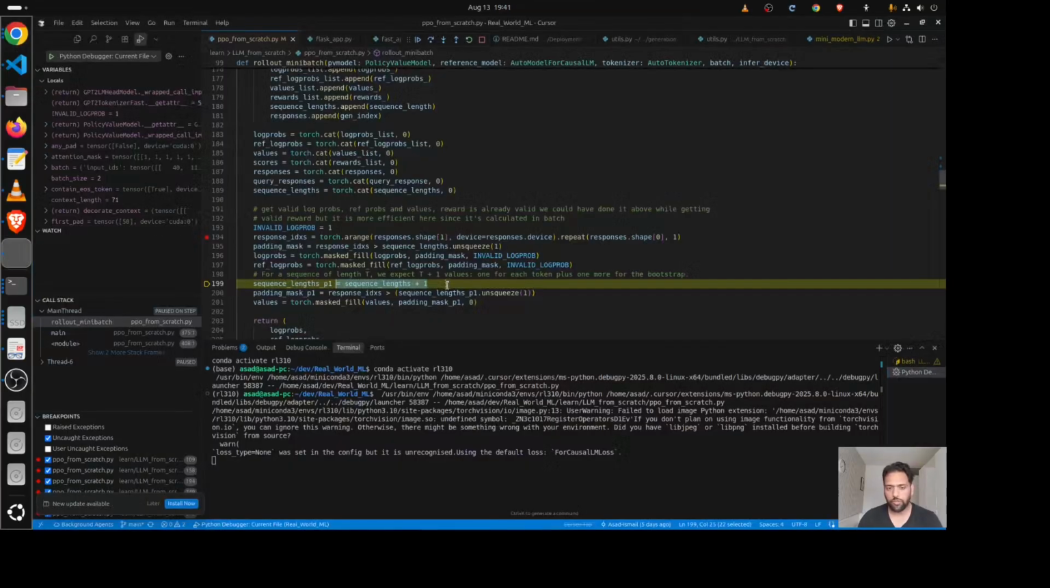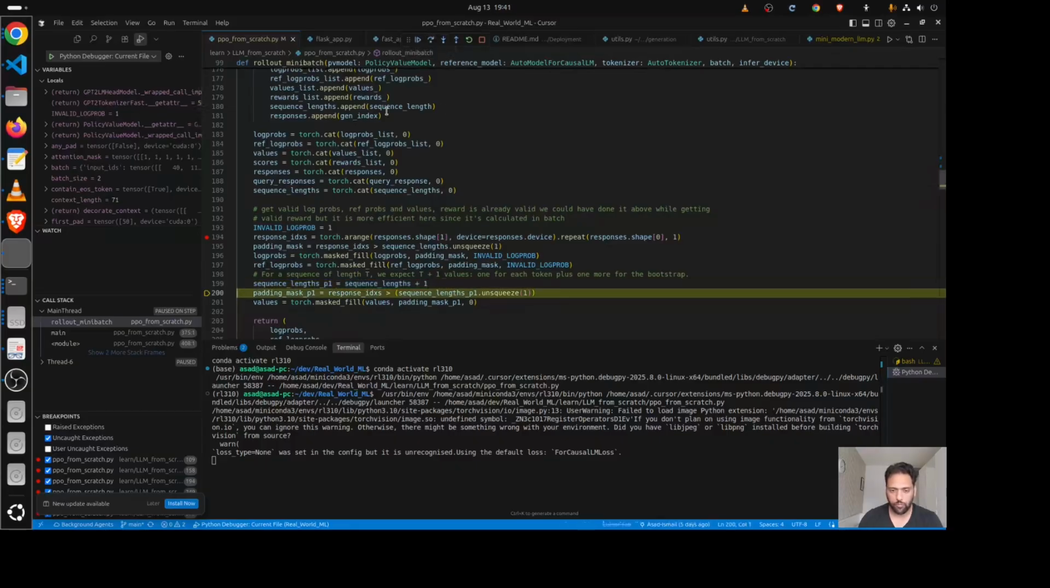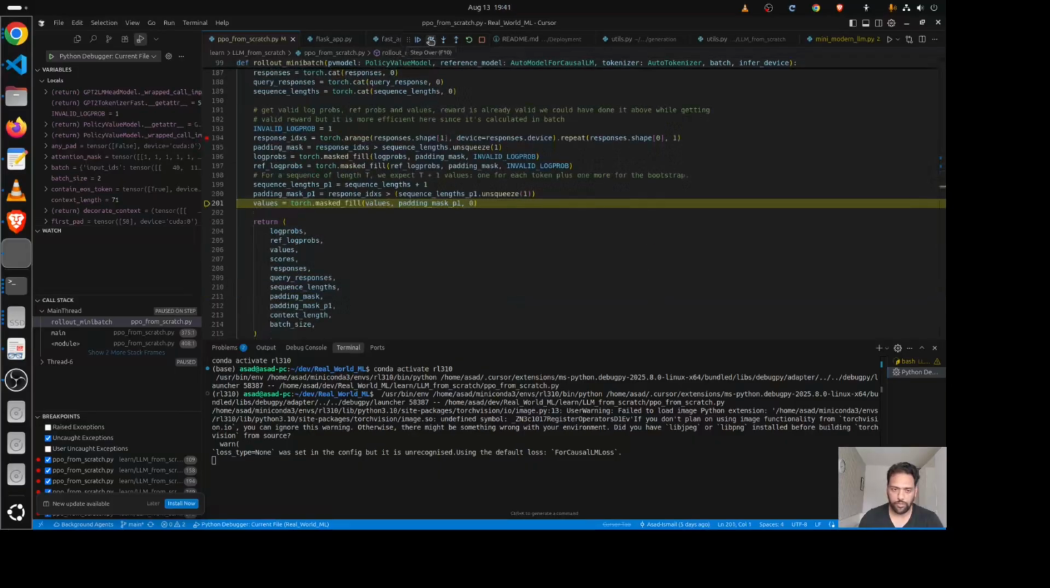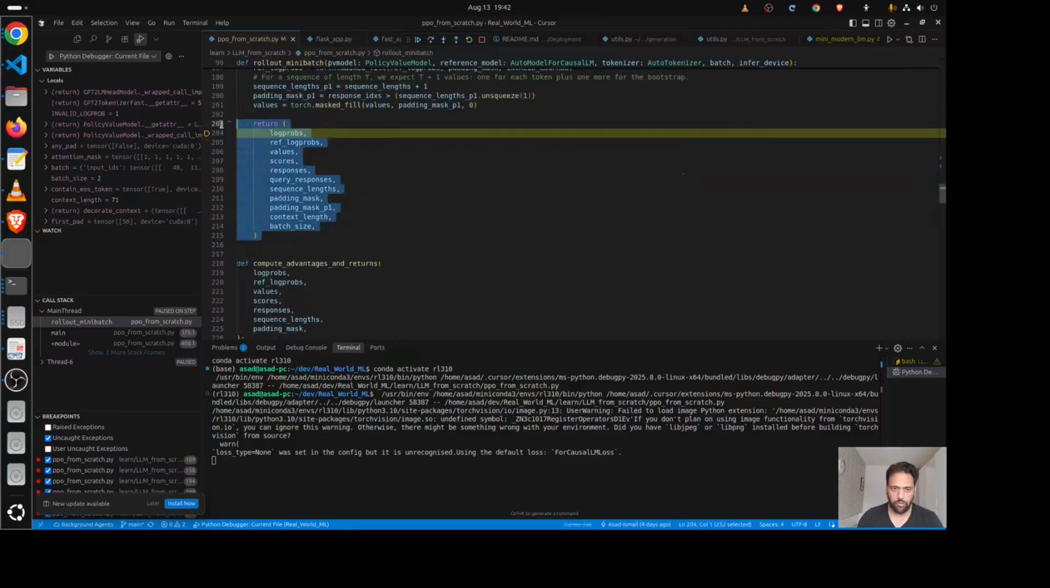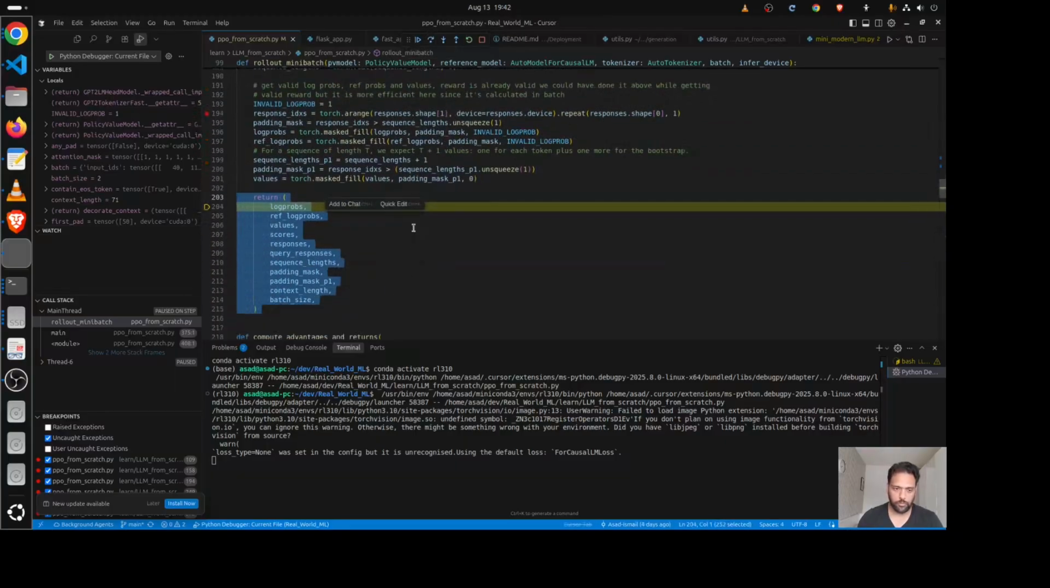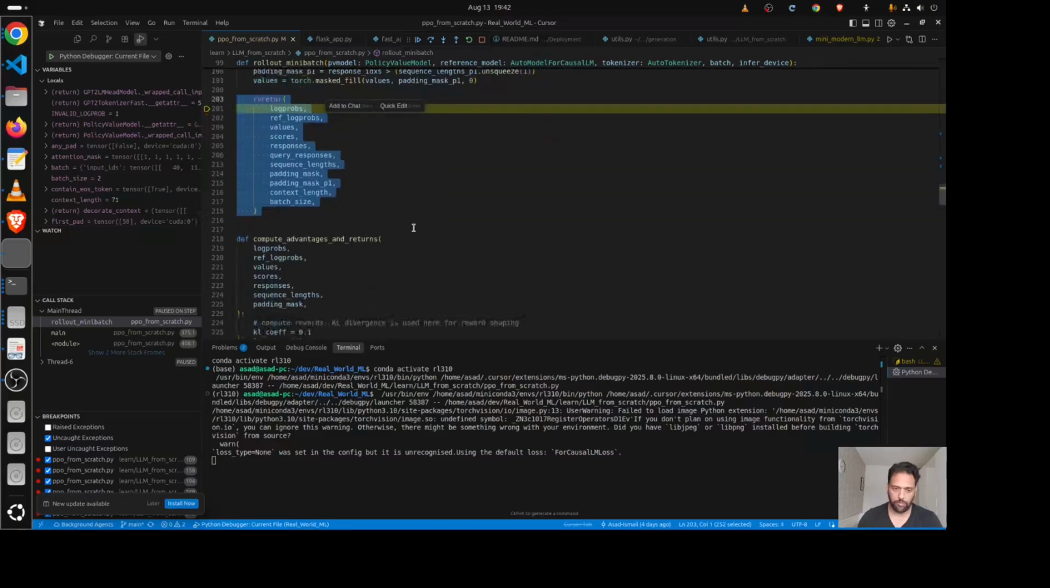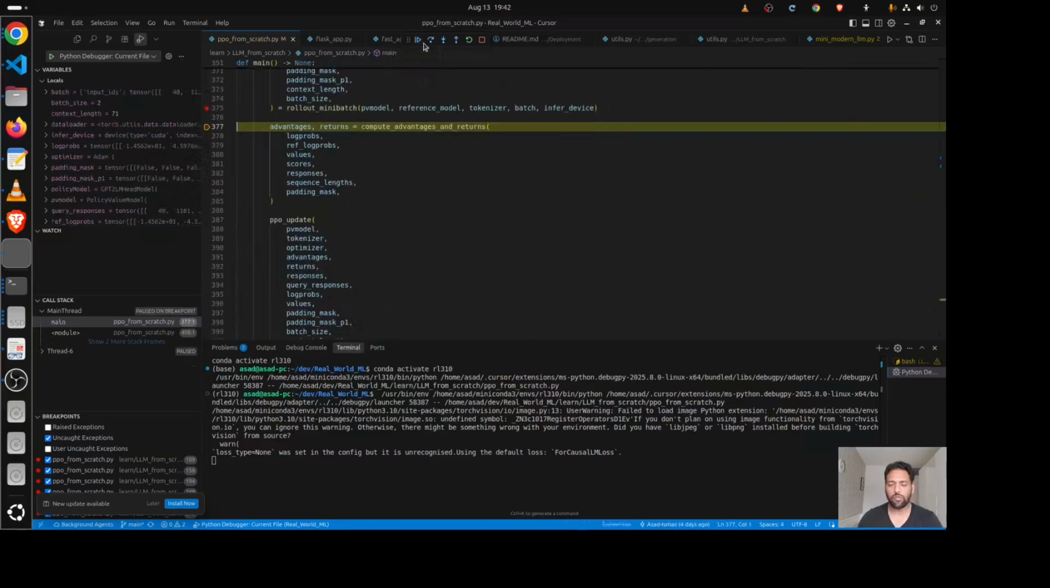So that's why we do t+1 for the value function. Whatever is beyond this t+1 mask, we set it to 0. Then we return all these things: log probs, reference probs, values, scores, everything is returned. So this was the